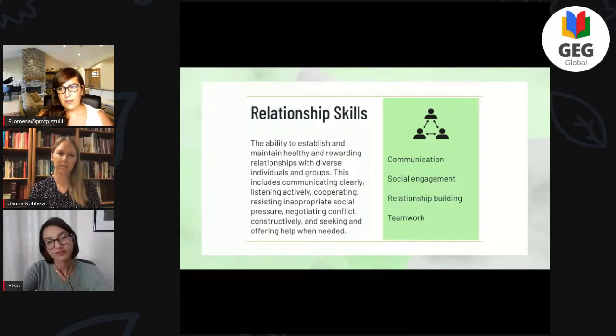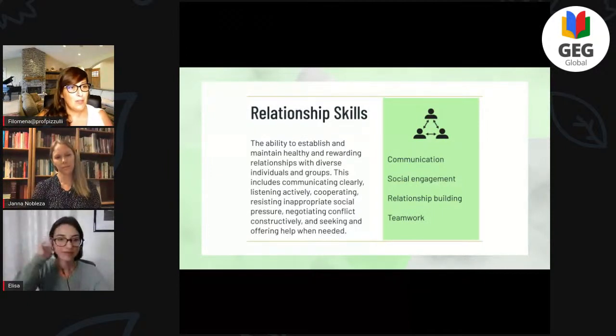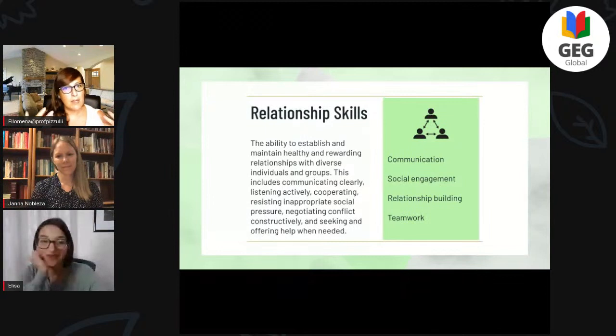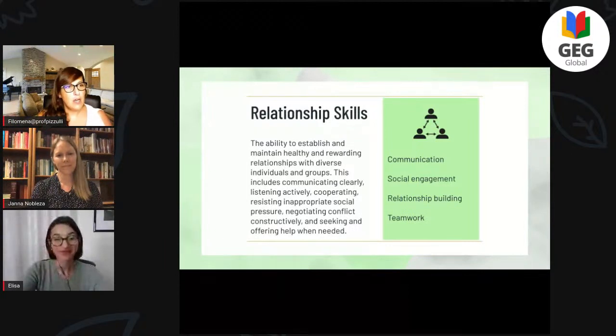And in this relationship skill, you have to write on your resume when you apply for a job, because it's so important when you start a new job. Are you able to relate to other people in a good way, not from another point of view, not from a lower point of view, at the same level. It's so important in order to build a good teamwork.